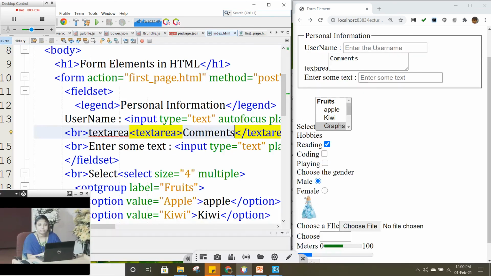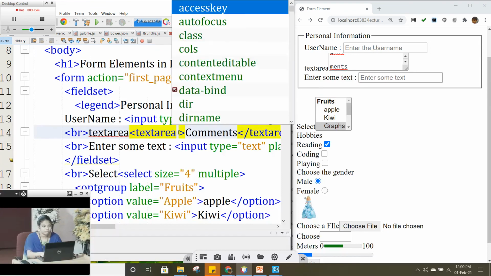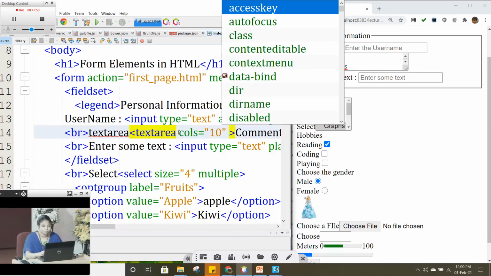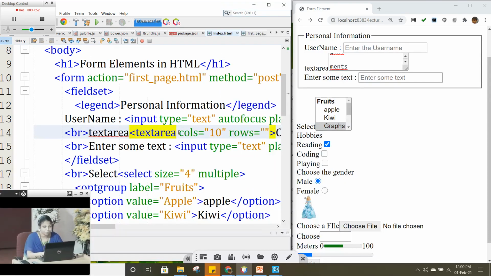So here you can see a text area, where you can enter more than one line of information. And if you want to display a bigger text box, we have two attributes called cols and rows. Cols will give the number of columns you want. Let me say the number of columns is 10. And for the number of rows you want, let me give 4 rows.